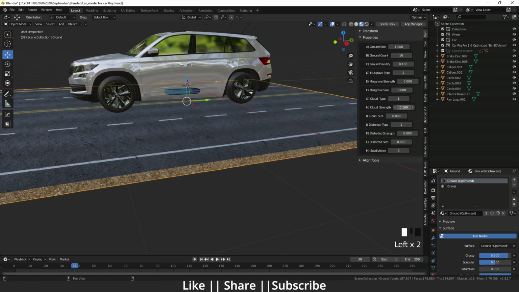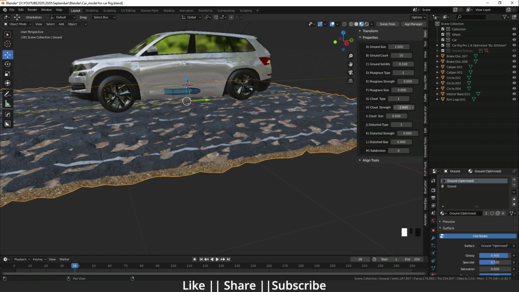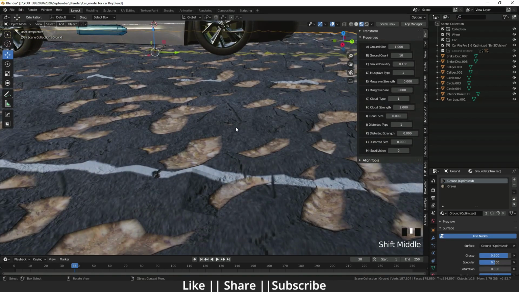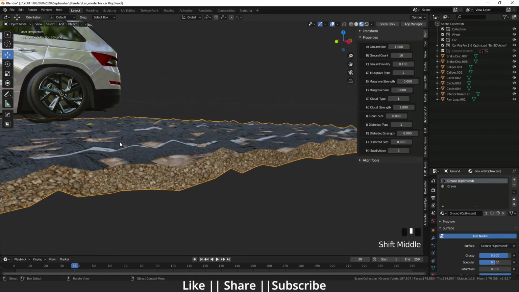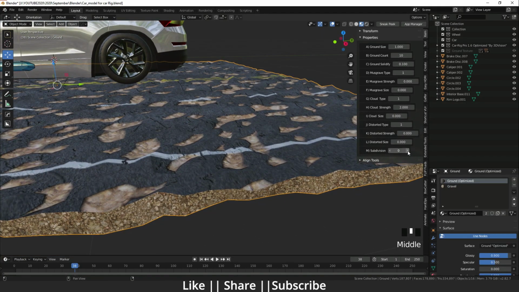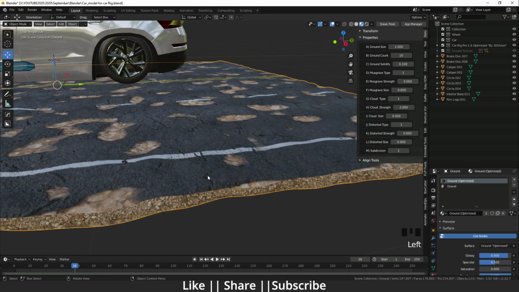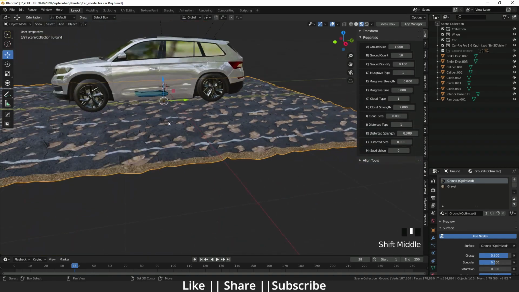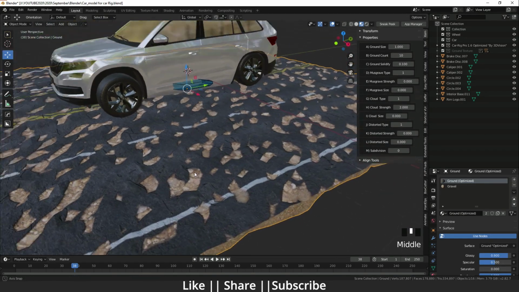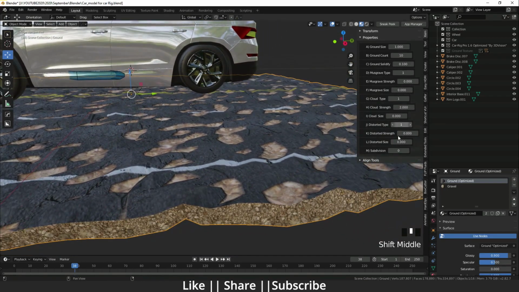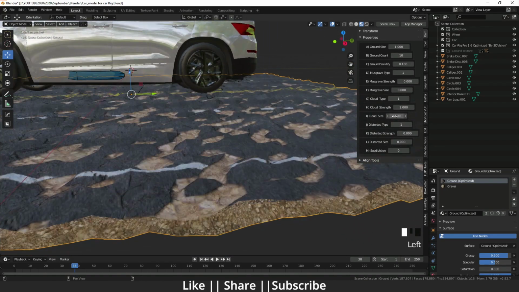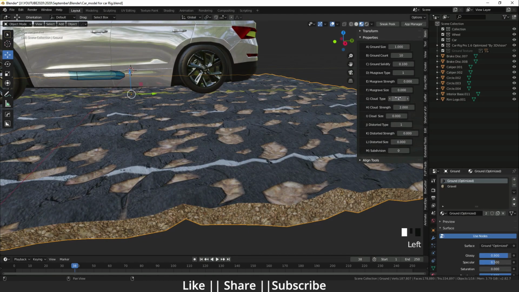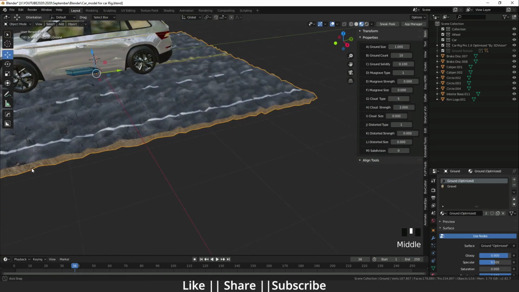Second is the cloud. Here you can see if you increase the value. Okay, and if you find something low poly, not very smooth, from here you can increase the subdivision, so it will become smooth. Here you can see, but I'm not going to increase the subdivision, because if I increase the number of subdivisions, the file will be slow, and we don't need a slow file, because I am just going to explain how you can do this. And from the cloud size you can increase the size basically, and this is also a type. Okay, there are so many types. I think that is looking cool.